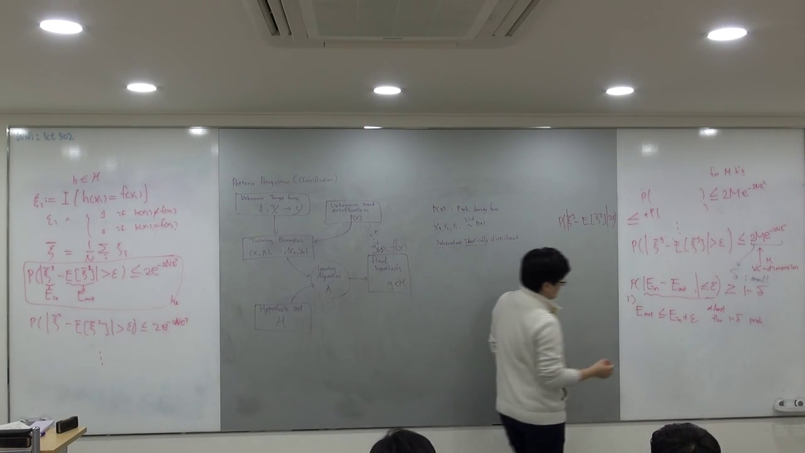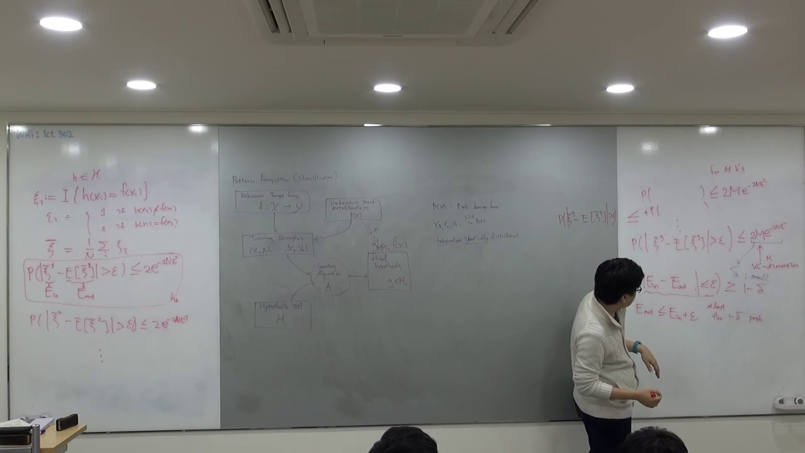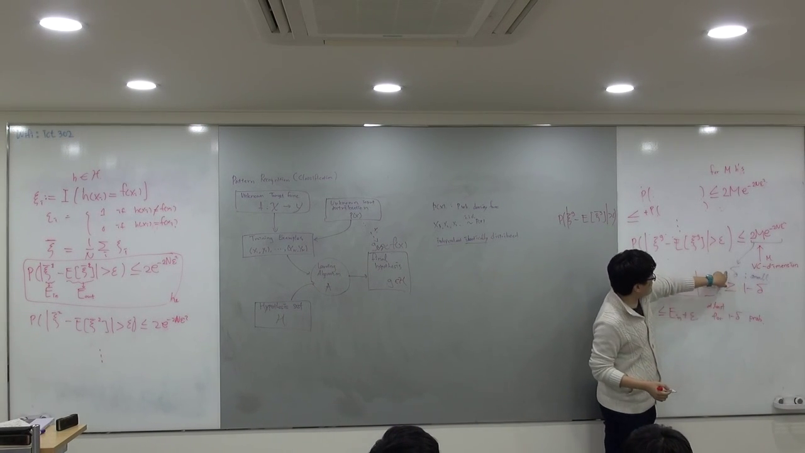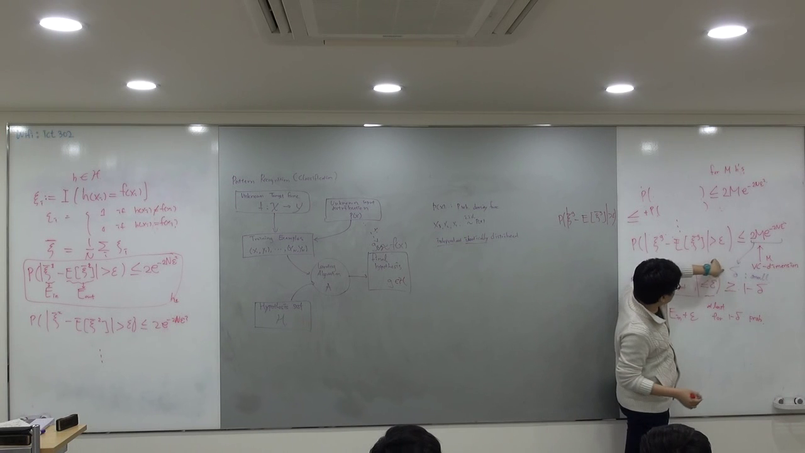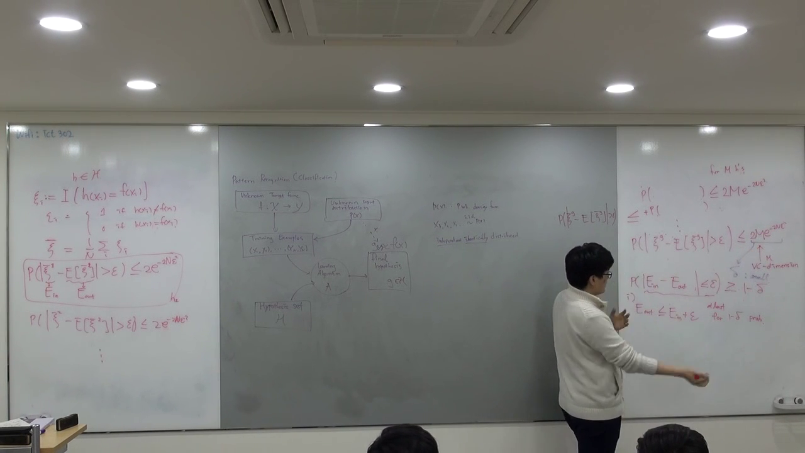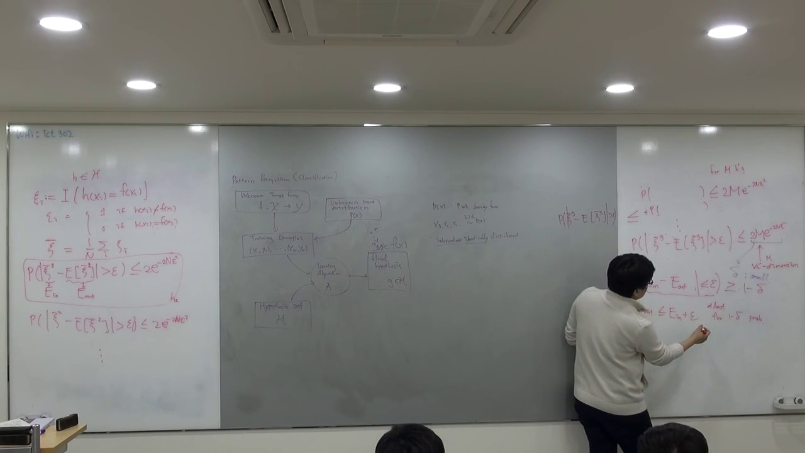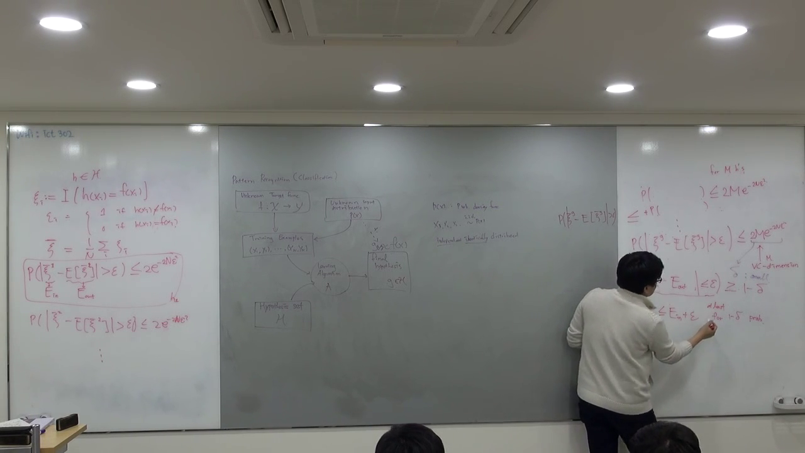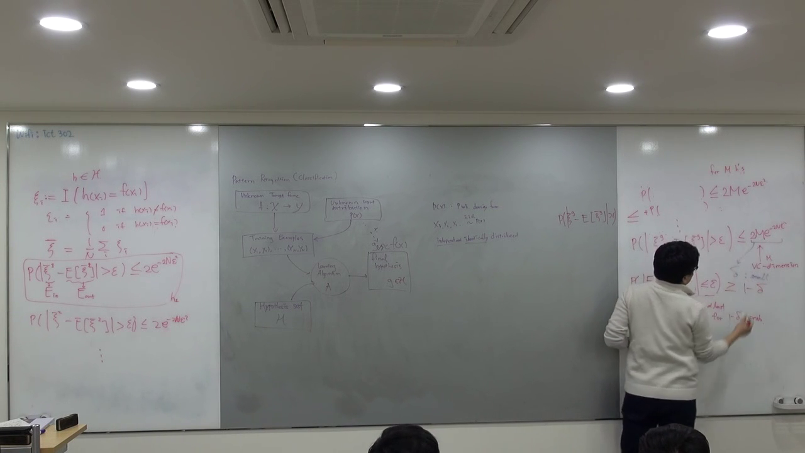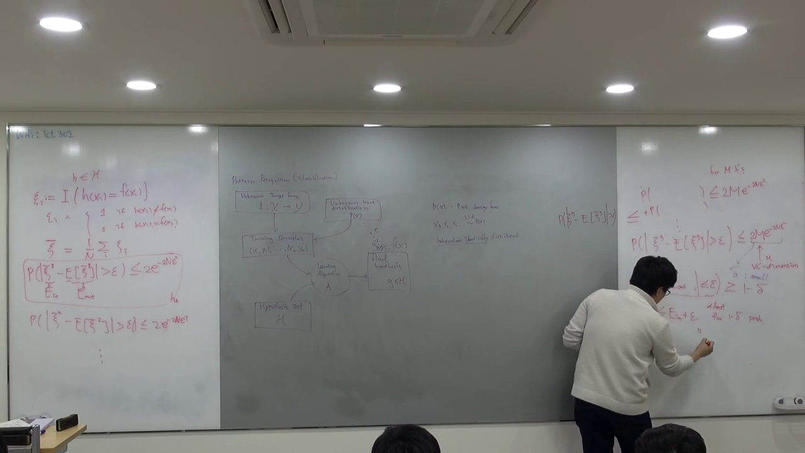So, we define this delta, so you can calculate what the epsilon is in terms of delta. Here, this delta is this number. You can compute that this one is